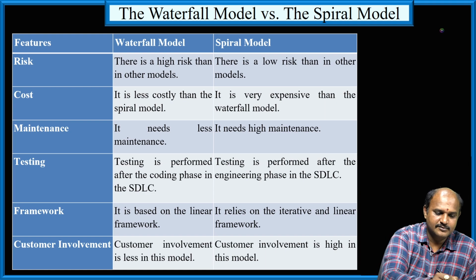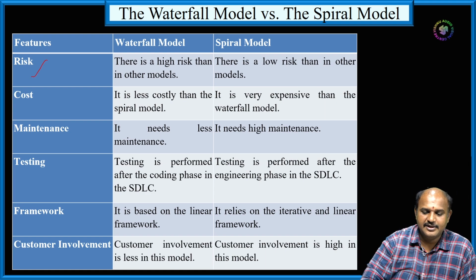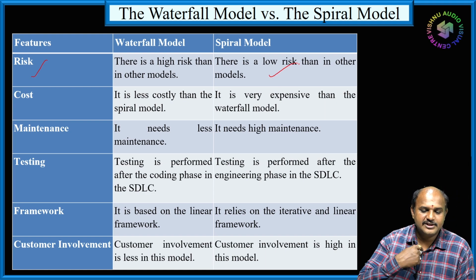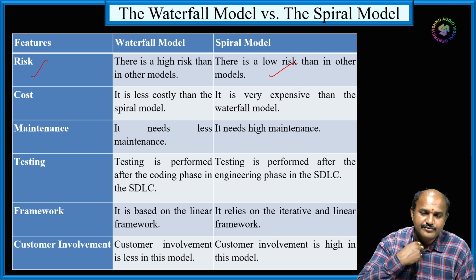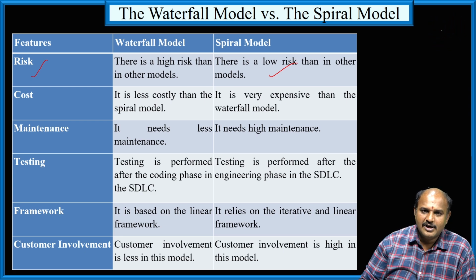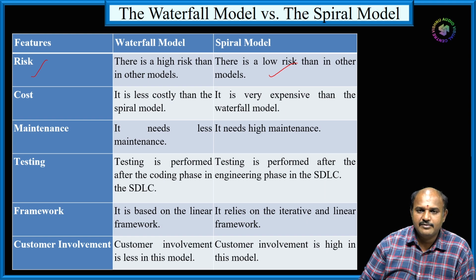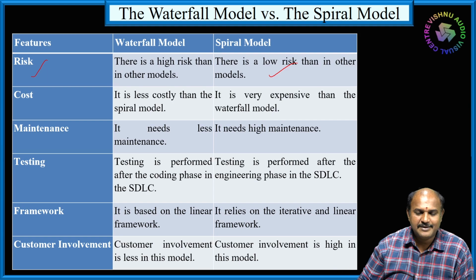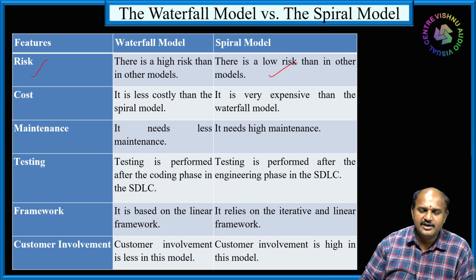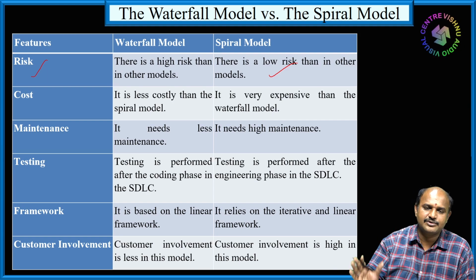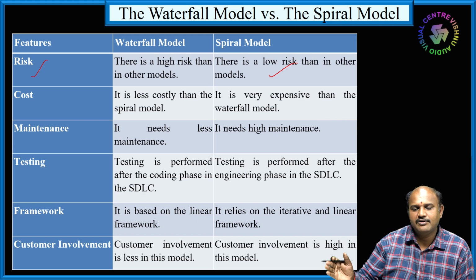risk. Risk, I already explained. Here it is low risk because of the spiral model, low risk because we already identify risks while making the product. So we identify what different types of risk happen. You have to identify and protect against it, and everything is working smoothly.